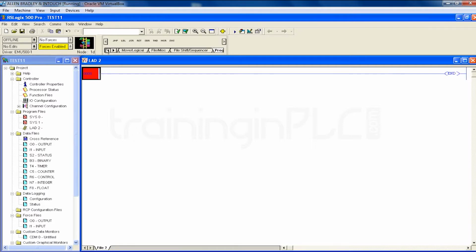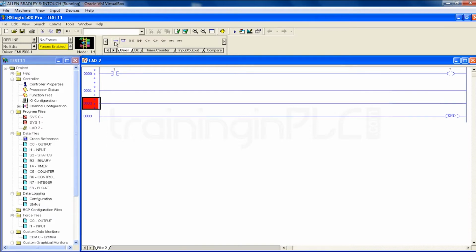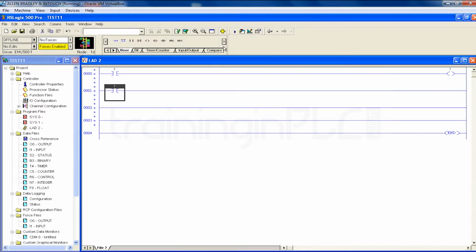For that, I'm going to get help from a contact and coil. Let's take one contact, one coil. Let's take two more rungs. Fine. So the jump instruction will be coming at the end. I mean it is like an output instruction. So you should give one input contact here. Here you are going to give the jump instruction. Just give some random address.